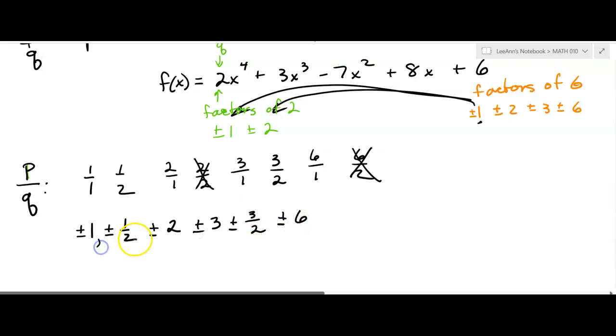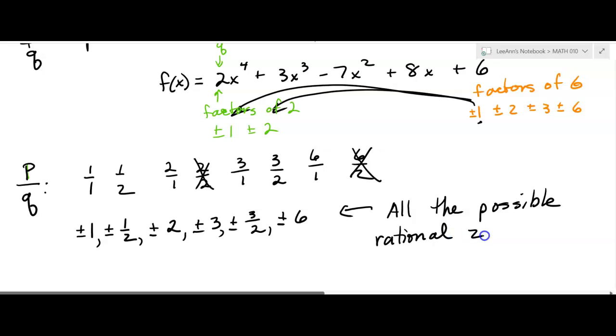And then I probably should put commas between them. But okay, oops, I don't need that last comma. Okay, that tells you these are all the possible rational